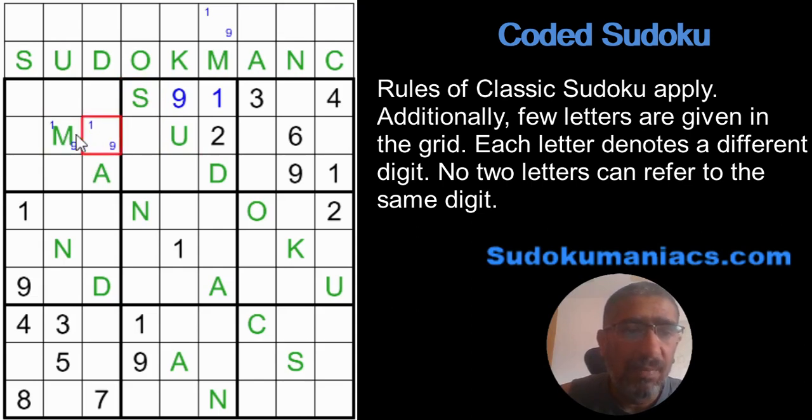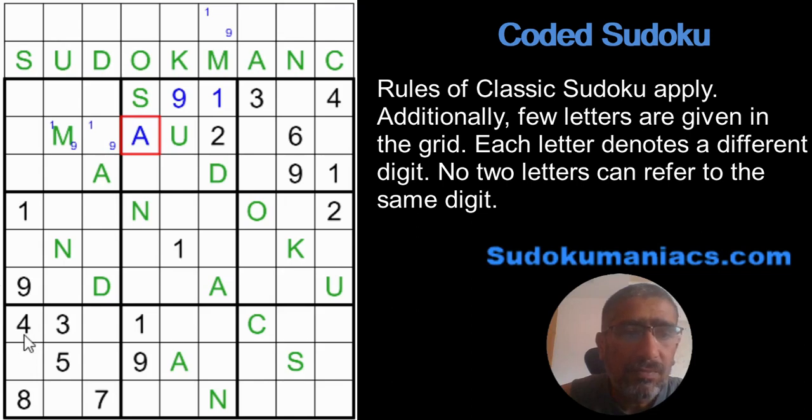But I already have a pair of 1 9 in box 1, so these two cannot be an A. For the 2, I see that A and 2 are already present in column 6. So obviously even 2 cannot be A. So I know for sure whatever comes in row 2 column 4 has to be the same as A. So I just mark an A and keep it knowing that this would be the same.